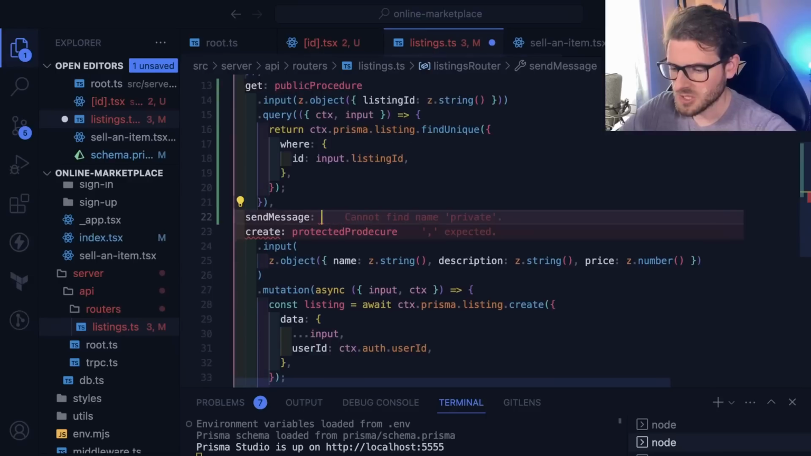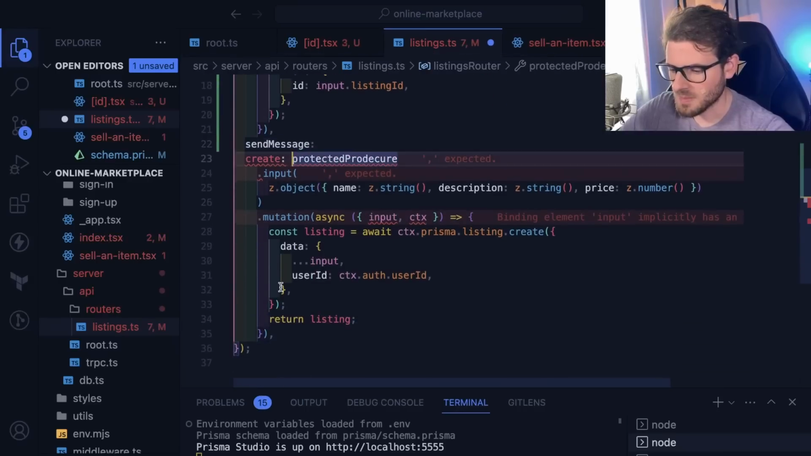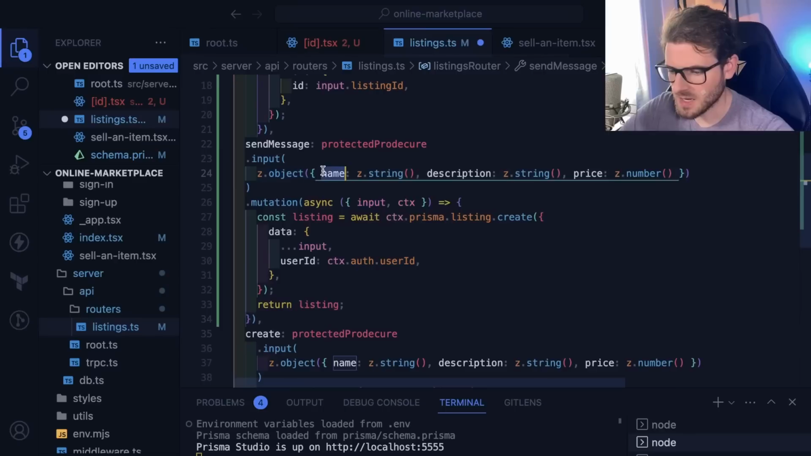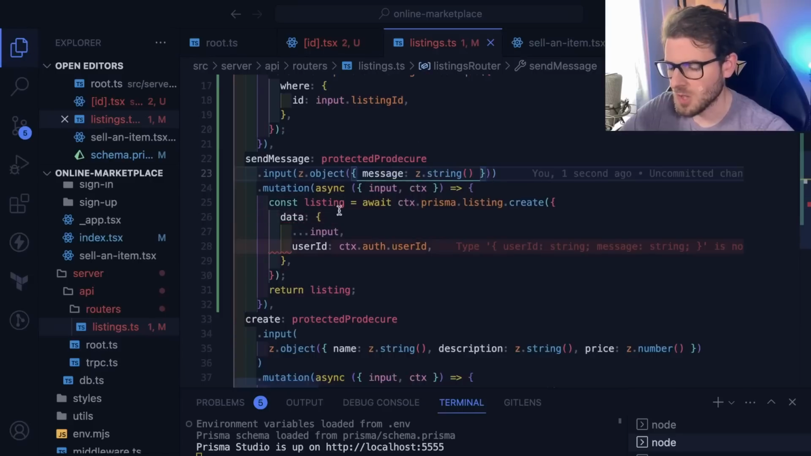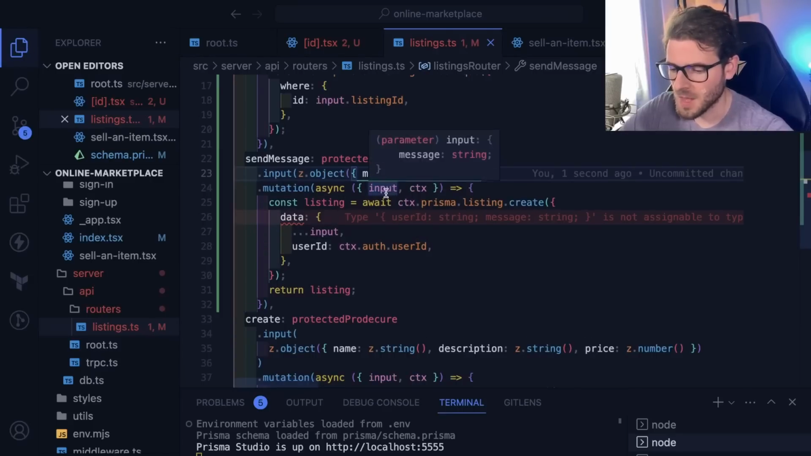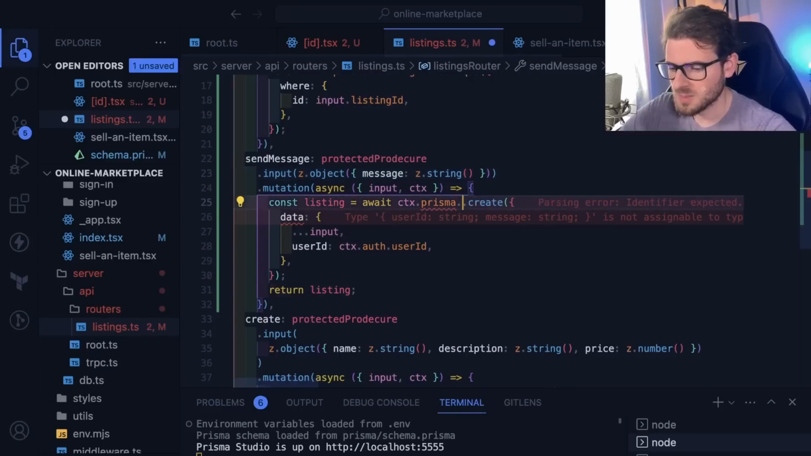In fact, let's just do a shortcut. I'm going to copy and paste this existing code like this. And this thing needs to take in a message like that. And it's private because you have to be logged in to send messages. That's kind of a requirement that I'm doing in the system. But we should have access to the user. So what we could do is we could say Prisma dot